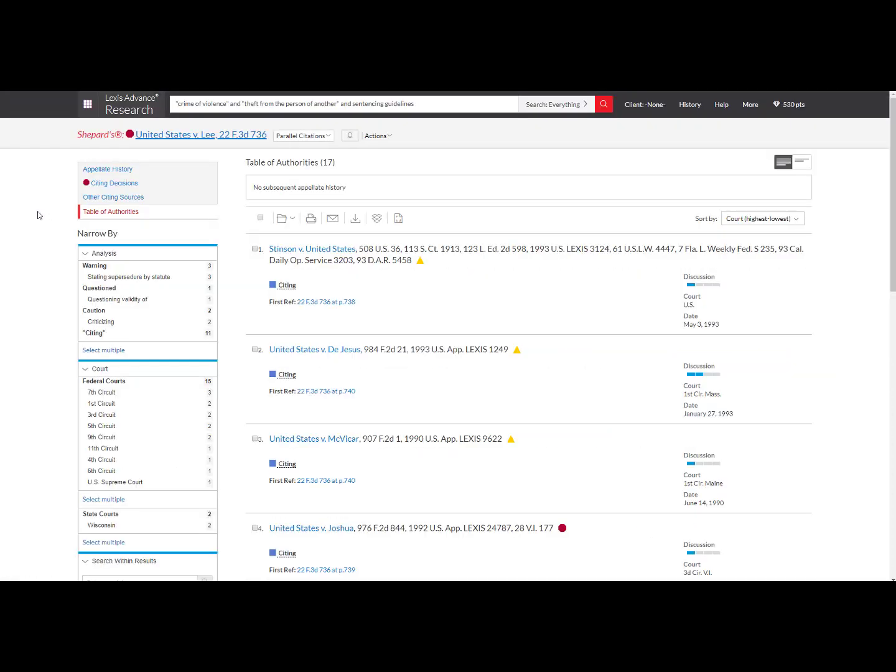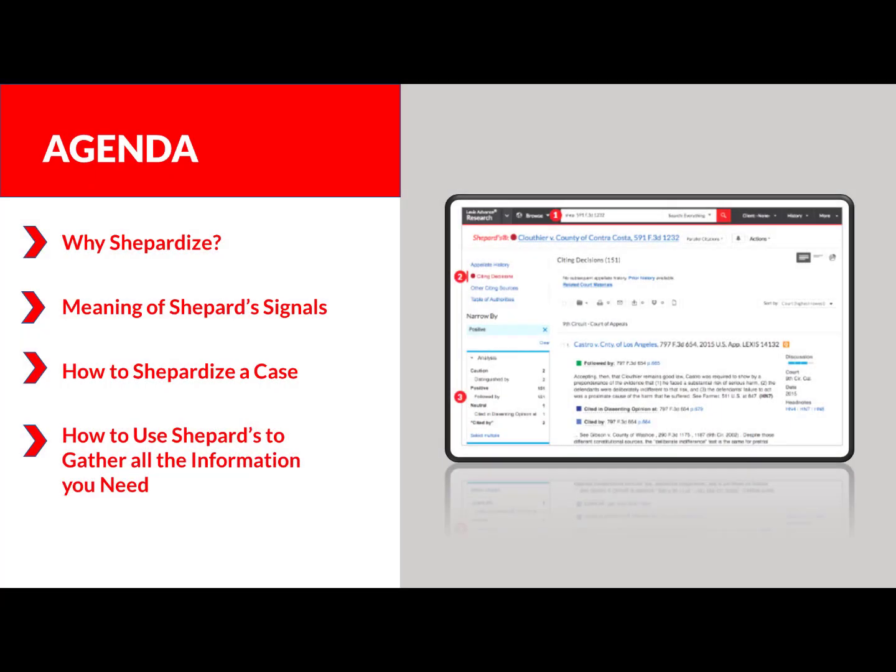This is the list of all authorities that the Lee court cited within their opinion. You now know how to Shepardize a case to ensure it's still valid. You have an understanding of what the Shepard signals indicate, and you know how to retrieve and filter through a Shepard's Report to gather the information you need. With these search techniques, you can easily determine whether a case is still good law and has strong precedential value, so you can ensure that your legal arguments are